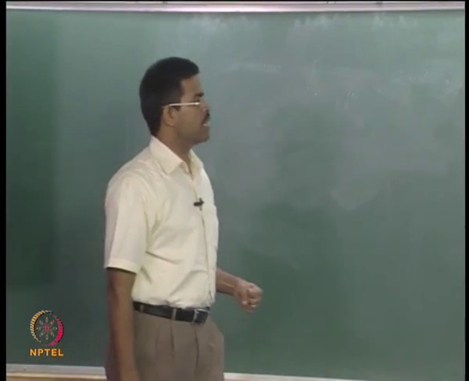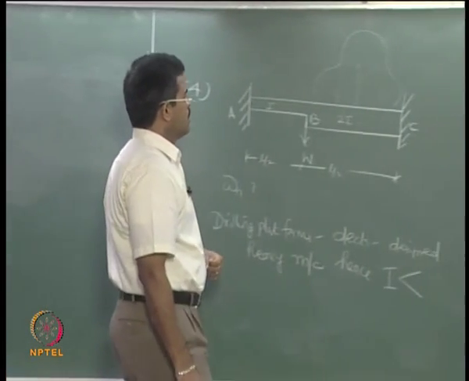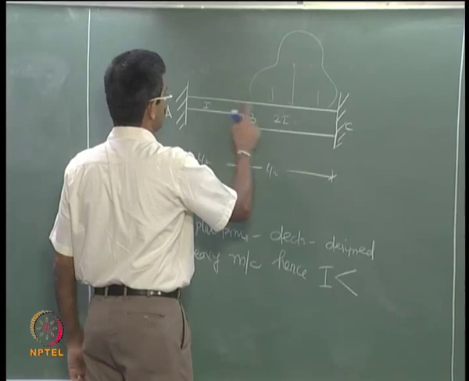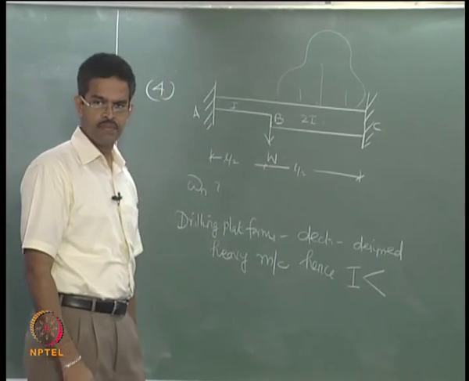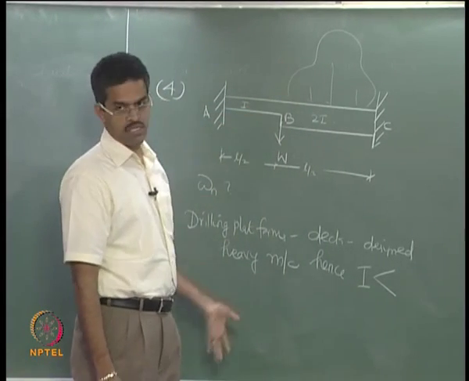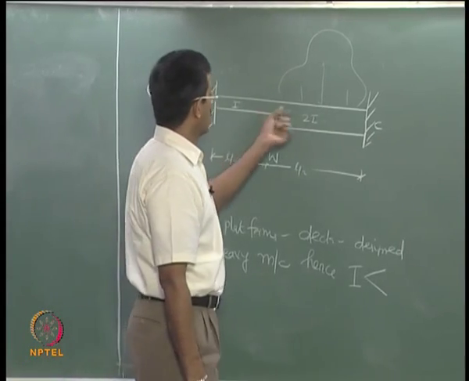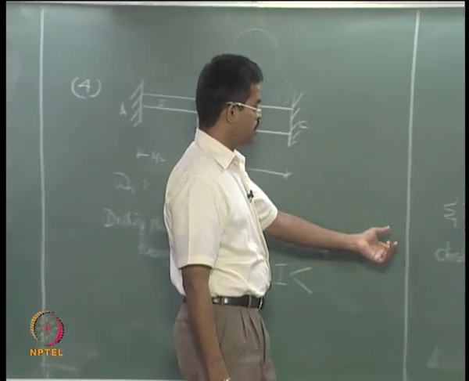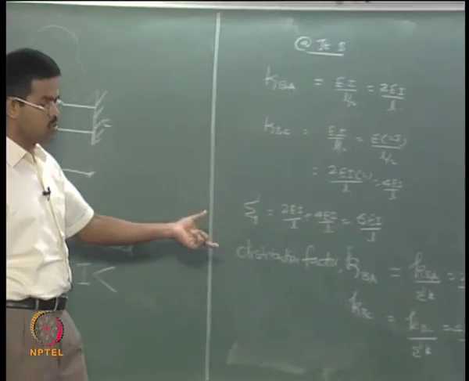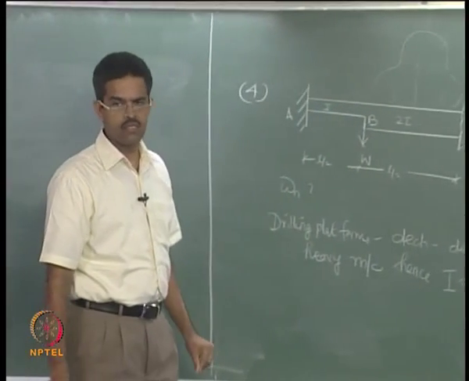So in the first step I would like to know, because the moments of inertia of the cross sections are varying distinctly at a defined section, how the load will be distributed. So I am talking about the distribution factor. I would like to know this before I estimate my stiffness.